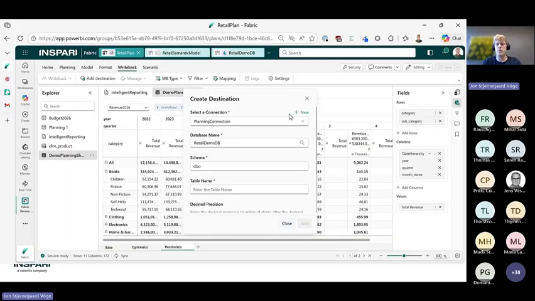This write-back action only works with SQL DB in Fabric. There's no support for Warehouse and Lakehouse, which I think is a significant downside of this. You'll know, maybe, if you've worked with SQL DBs in Fabric, that they consume interactive CUs, or they are treated as interactive consumption on your Fabric capacity.